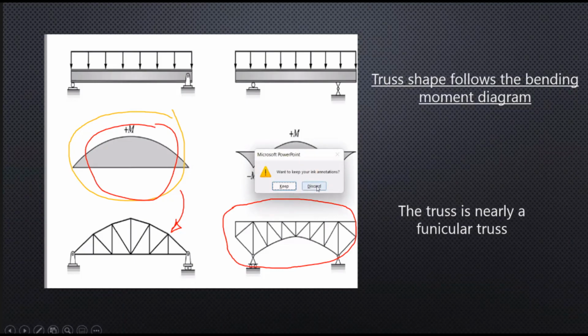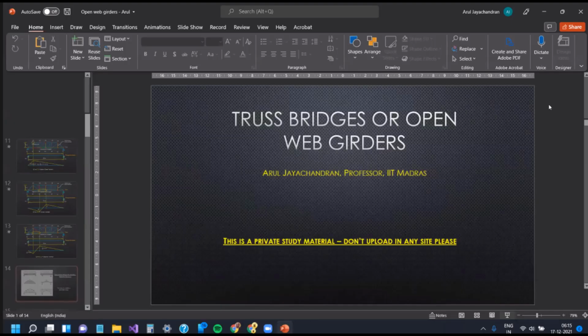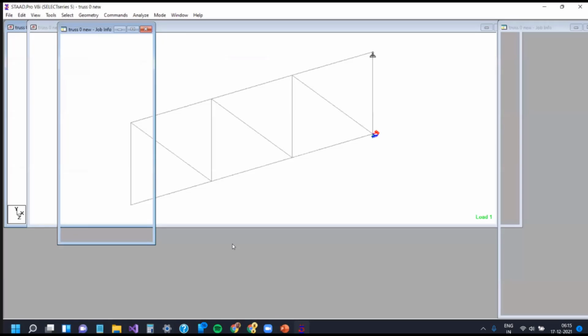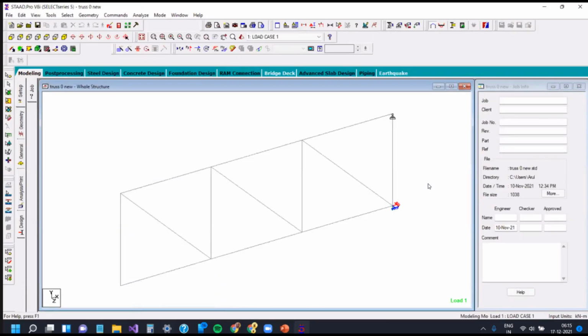Discard the annotations. Okay, I will minimize. Right, so I'm going to run some. Are you able to see my screen, sir? Are you able to see my screen? Yes, sir. Yes, sir. Okay. Right, right. So now I have